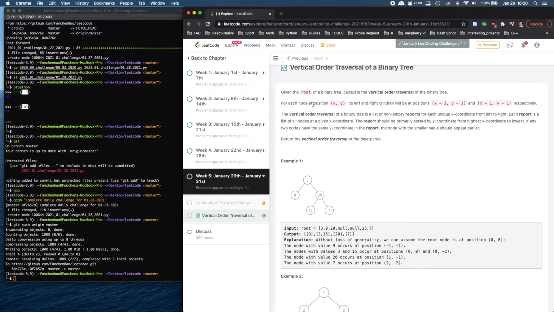Okay, let's read it again. For each node, its left and right child will be x minus 1, y minus 1, and x plus 1, y minus 1. Yes. So it's a list of non-empty reports for each unique x coordinate from left to right. Each report is a list of all the nodes. The report should be primarily sorted by y coordinates, so first appear first, 3, 15. And if two nodes have the same y position, how could they be at the same y position if it's on the,